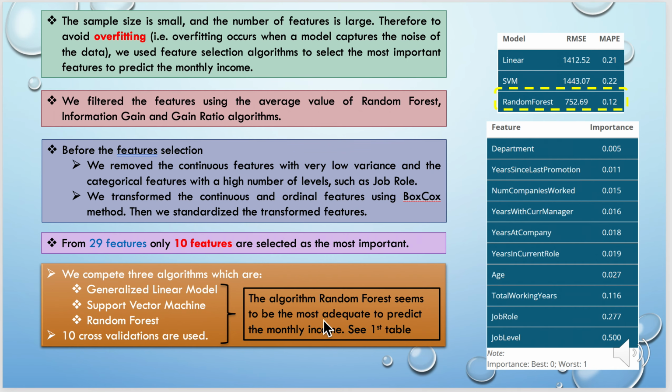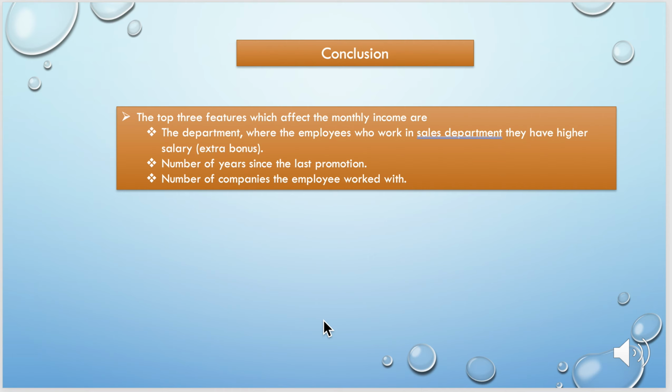The sample size was similar to how it was with attrition. Random forest got an RMSE of 752.69, which shows that random forest seems to be the most adequate algorithm to predict the monthly income, as shown in the first table, though we did also use generalized linear models and support vector machine. Overall, the conclusion of the study was that the